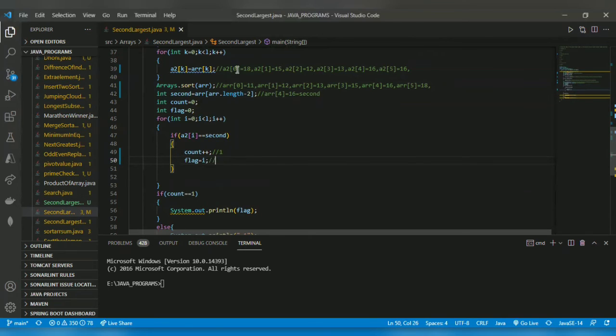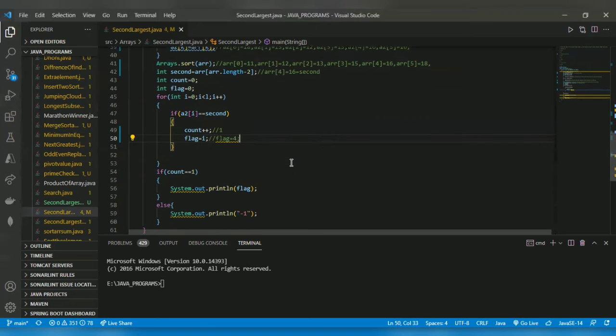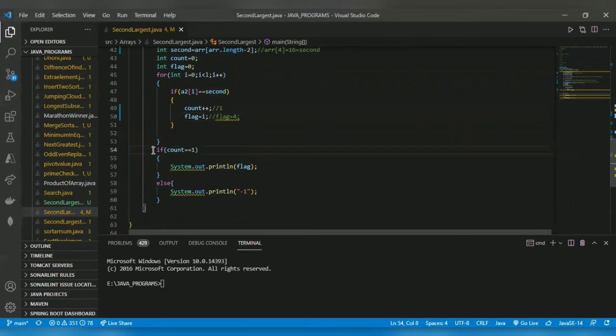For i equal to 0, 1, 2, 3, 4, i is equal to 4. So flag is equal to 4. Then it will not find it after that. At index 5 it is 18, which is not equal to second. So it comes outside the loop.